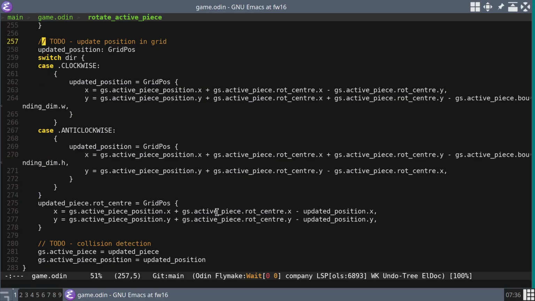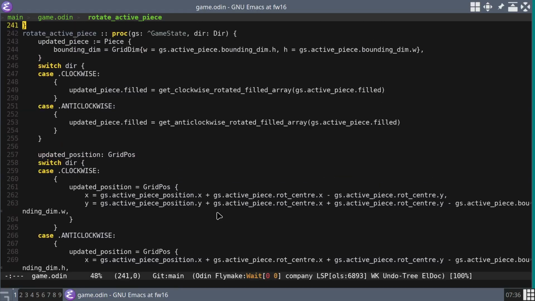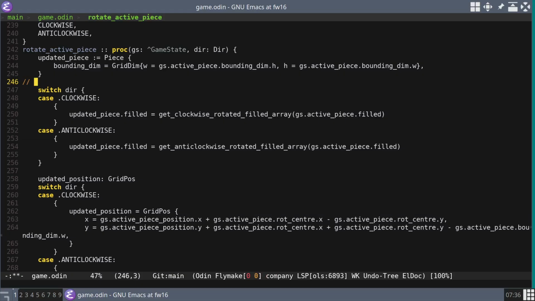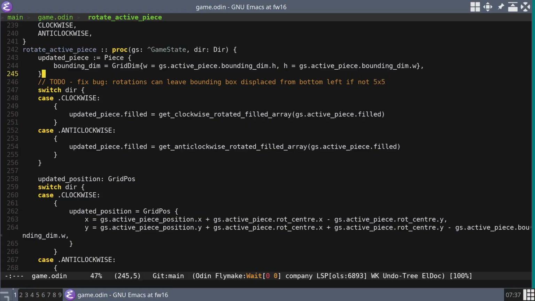Okay. Let's come up here then. That gives us another to-do, which is that our filled logic in here, fix bug. So what is that to say? Rotations can leave bounding box displaced from bottom left, if not 5x5. So if it's a 5x5 shape, it ends up fine. But